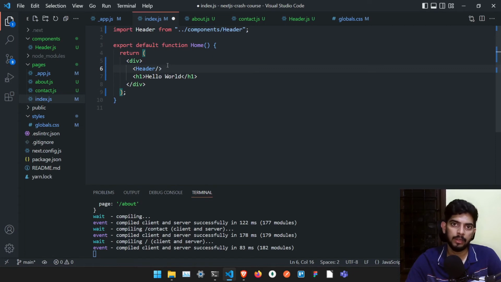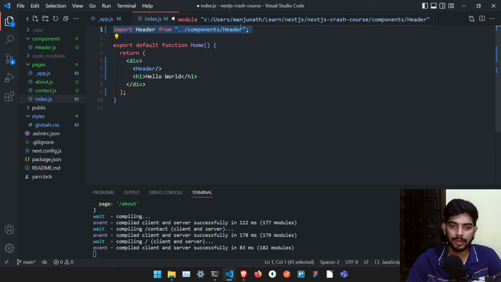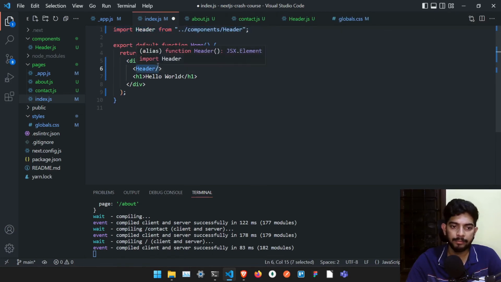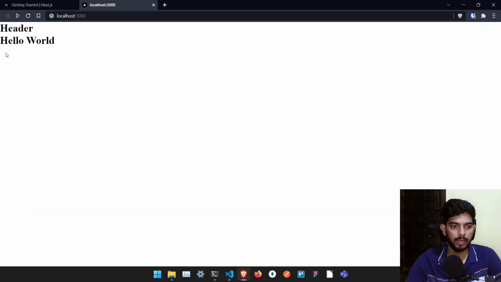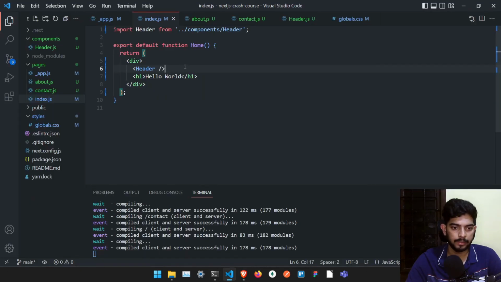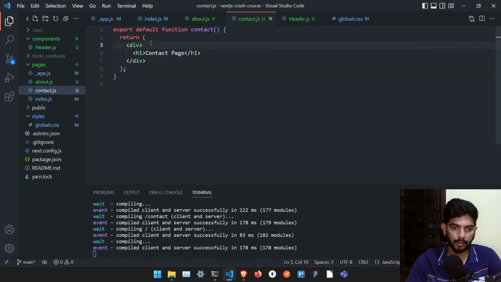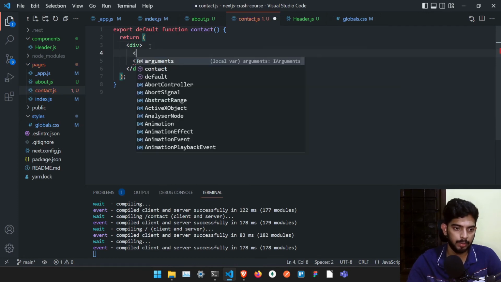It might work directly or it might not work directly sometimes. If it is not working, just make sure you import it in this line, meaning just type import Header from ../components/header. If it is working directly and it is importing it, then done, no problem. But if it is not importing, just type it out. And if I save it, it will show the header. And once the header is ready, just make sure it comes in this particular page also. Just type Header again